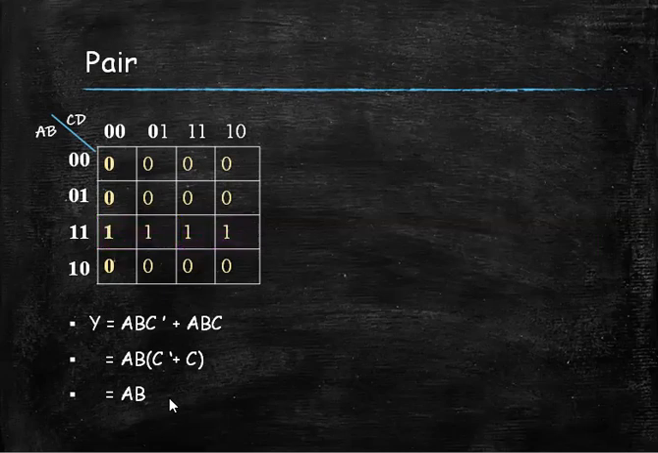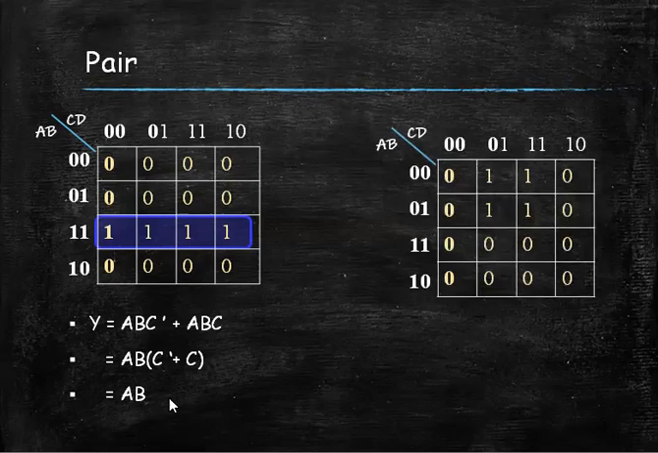Or we can say that four ones are adjacent. Consider another example. And here there are two pairs, that is, here one pair and here another pair. Okay, for this pair